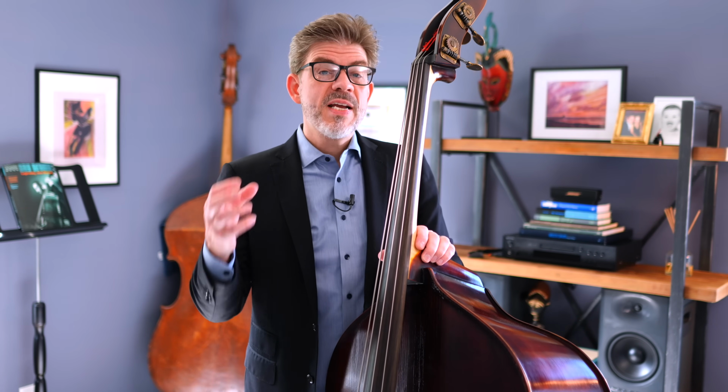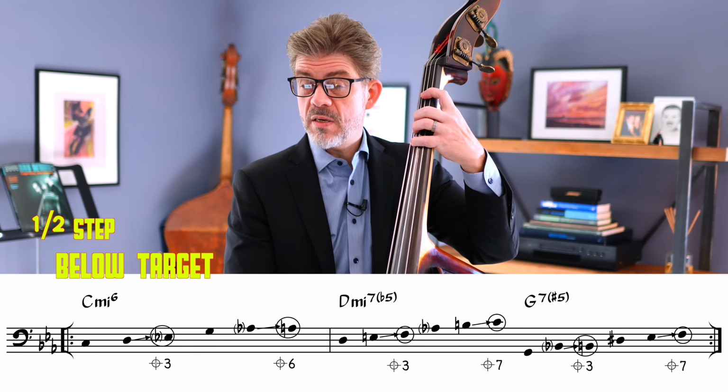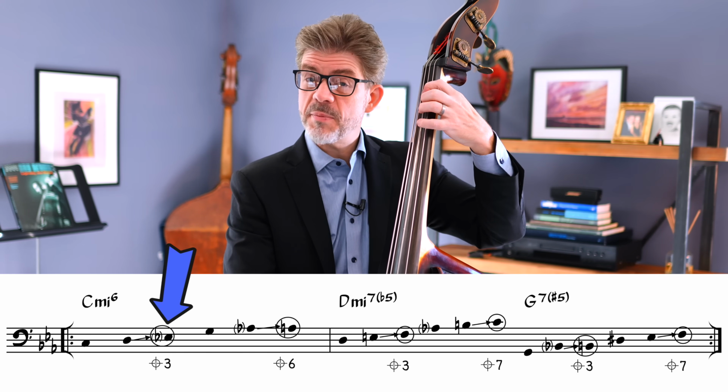So we figured out what those notes are out of time. We're going to improvise a line with those specific notes. Then we're going to take one of those other parts, so let's say whatever the third is, whether it's flat third or natural third, and we're going to figure out the chromatic approach from below. So for C minor 6, the third is flat third, E flat, half step below is D, so,